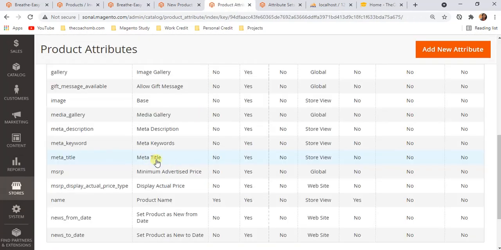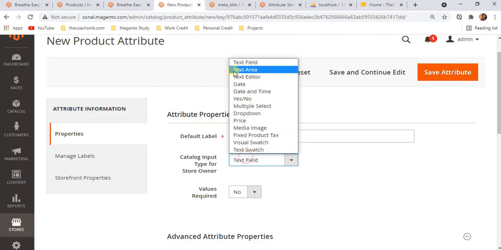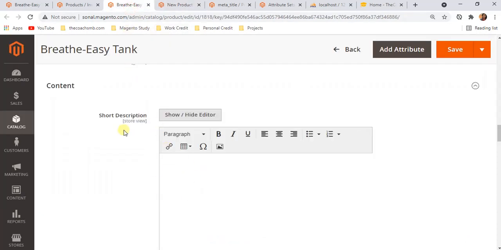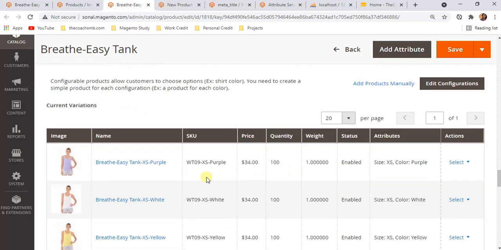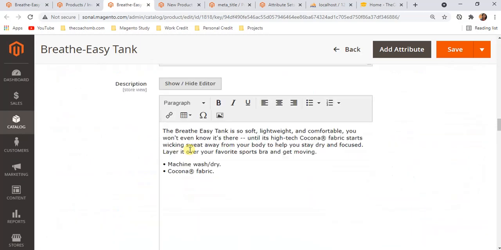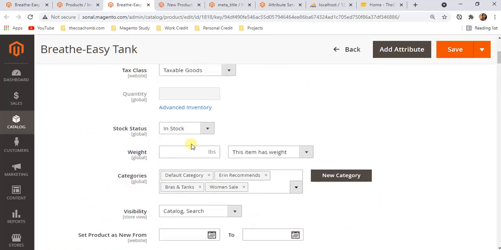So meta title is also one of the text field attributes, correct? Right? So let's take another example of text area, which are the attributes which are having text area. So this is short description, text area is there, then we have description, right? Let me see if we have some other, right? So depending upon the requirement, we can choose the type of data we are going to insert into it.